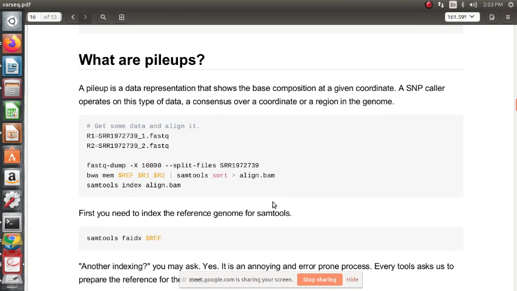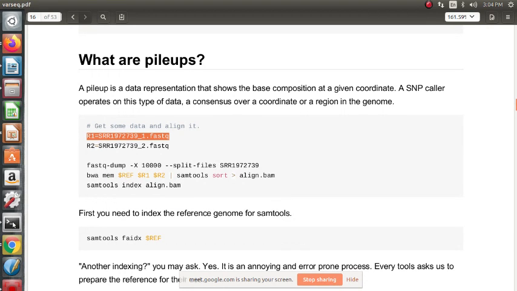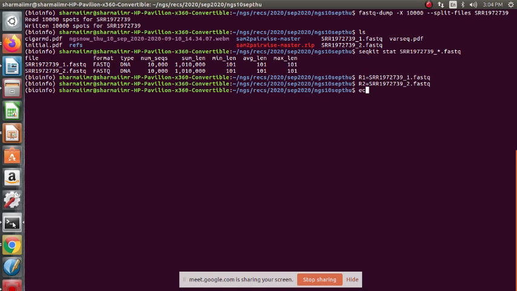Let us give the variable names for simplicity. Now we just change this. Yes, we can check it: echo $R1, echo $R2.